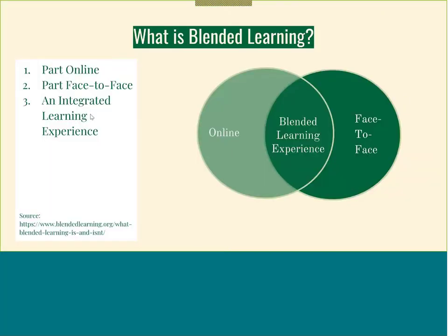Okay. So just to start off, it sounds like many of you have a great deal of experience in blended learning, but it's always nice to just start off with a definition. When we talk about blended learning, it's partly online, it is partly face-to-face, and that creates in the middle that blended learning experience. And that can be done in various ways. It can be mostly online, it can be mostly face-to-face. So there's a lot of how that blend happens that we're going to be talking about today and